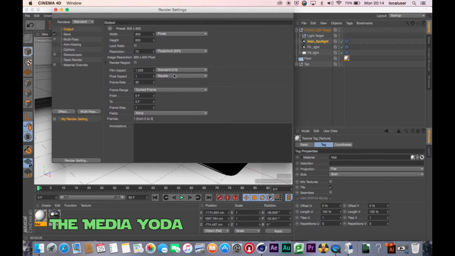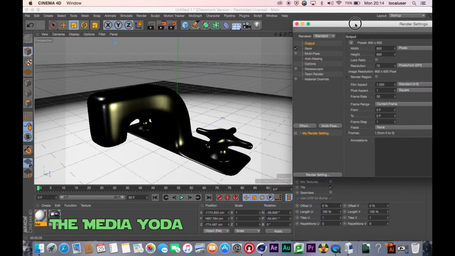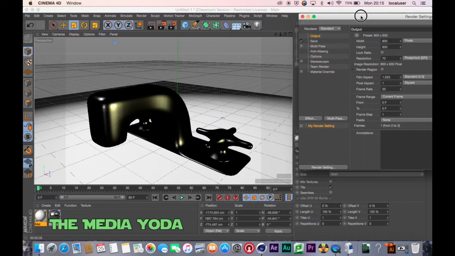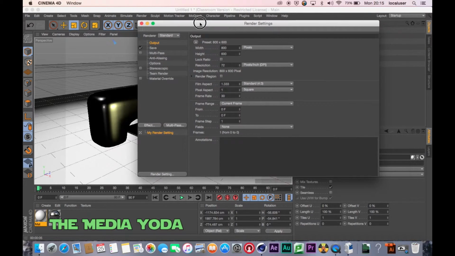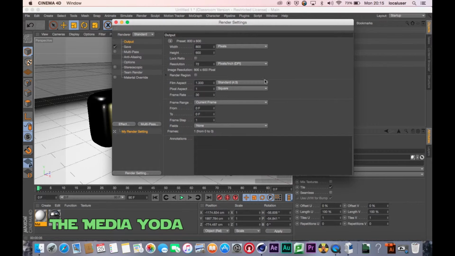And leave the aspect ratio, because this is just for a little bit of a test spin, just to see what the object looks like when it goes round and round. But the thing that we need to do is to set the frame range. Now I'm going to do from 0 to 50